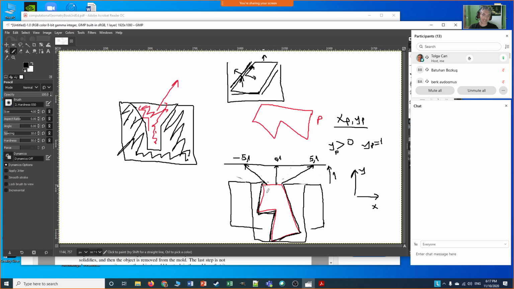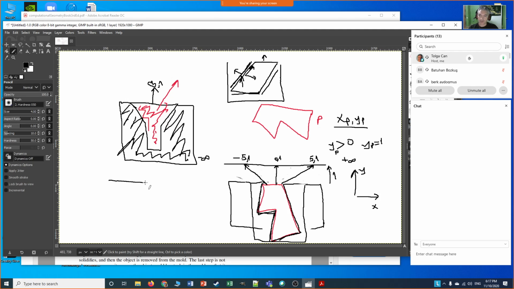I mean, if you select this one as the top face for this shape, it may be impossible to take the plastic outside the mold, even in any value of x between minus infinity to positive infinity. All right, so there may sometimes be infeasible solutions. For example, for this one, the solution may be the (0, 1) vector. If you pull in the (0, 1) direction, straight up, you will be able to pull this